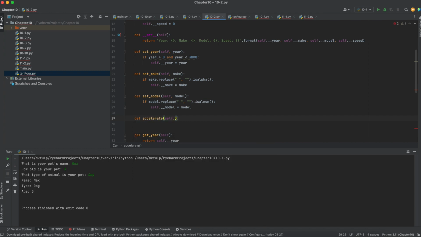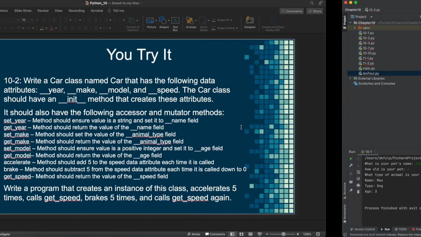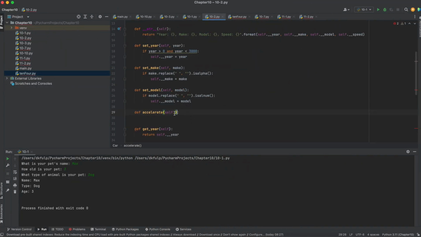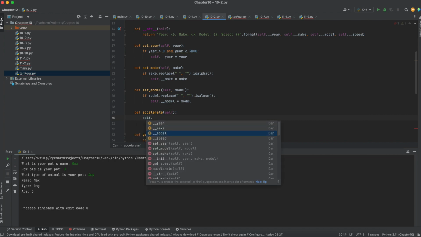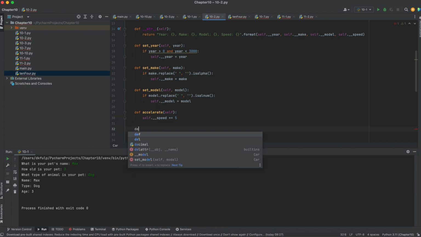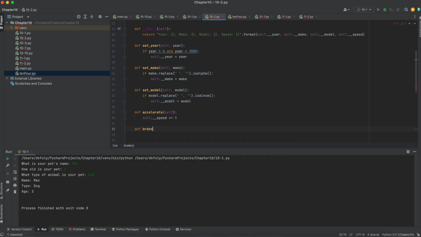We don't need anything, remember, because over here it says we're going to go up and down by 5. Right here it says adds 5 to the speed. So we don't need a value that they're accelerating. We're just going to say accelerate, and we'll say self.speed += 5. Then we do brake. We'll do def brake, not the other brake, but brake like a car brake. And then we're going to say self.speed